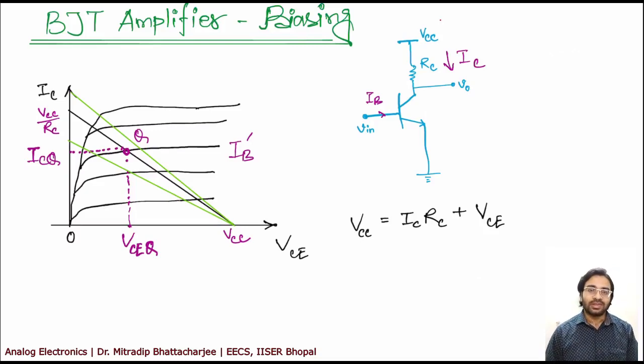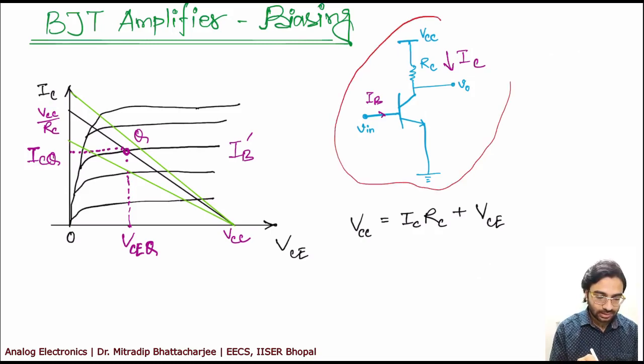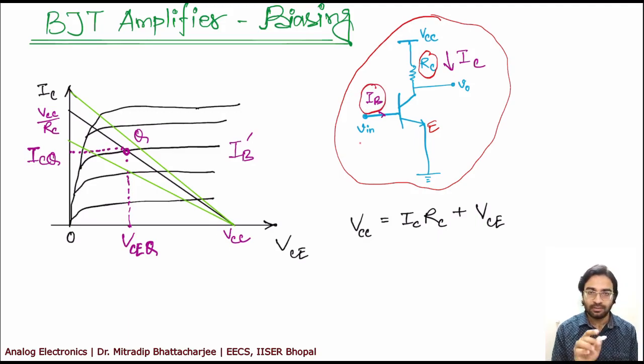So now we will see normal biasing of a BJT amplifier. If we take the common emitter amplifier as shown here, wherein the emitter is grounded, in this circuit we have used the RC value, and we have the input current as IB, and Vin is the input voltage. So we are taking only AC inputs and outputs into consideration in this case.